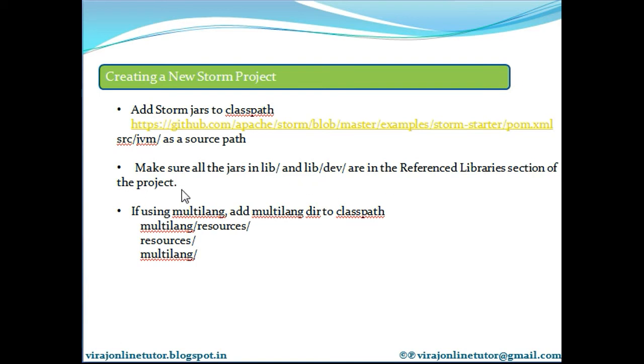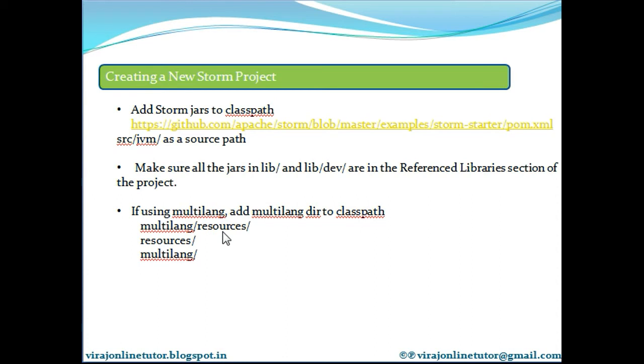If you are using multi-language support, wherein you want to implement spouts or bolts in a language other than Java, then those implementations should be under the multi-lang resources folder of the project.